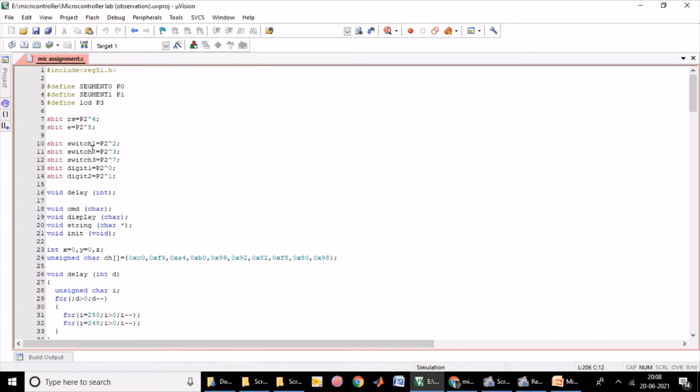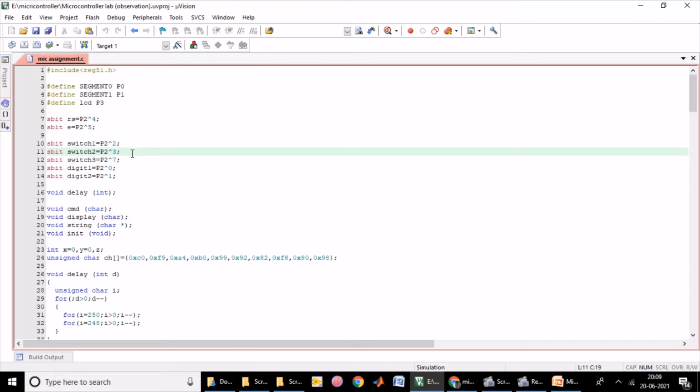Switch 1 is for increasing the counter on the left side, and switch 2 for increasing the counter on the right side, connected to the second pin and third pin of port 2 respectively. Switch 3, which I call the timer pin,